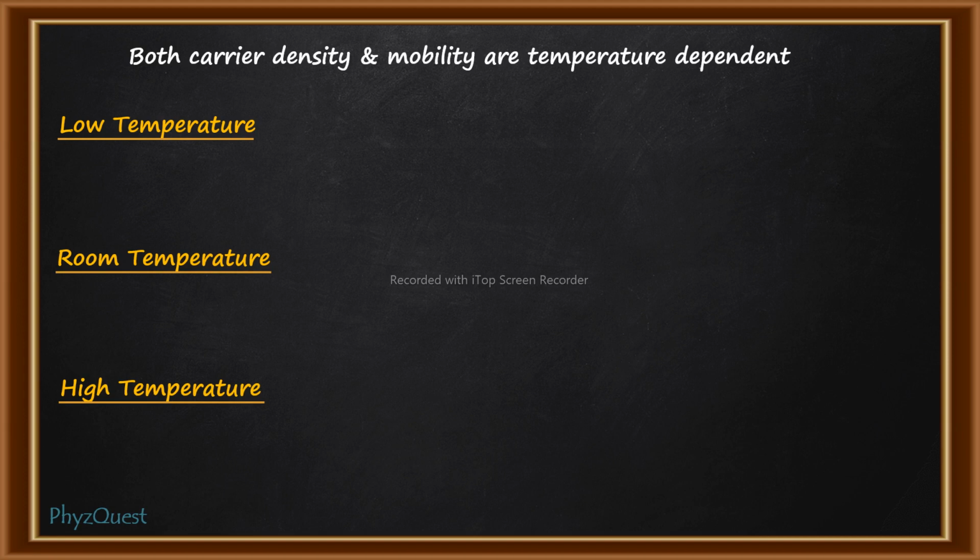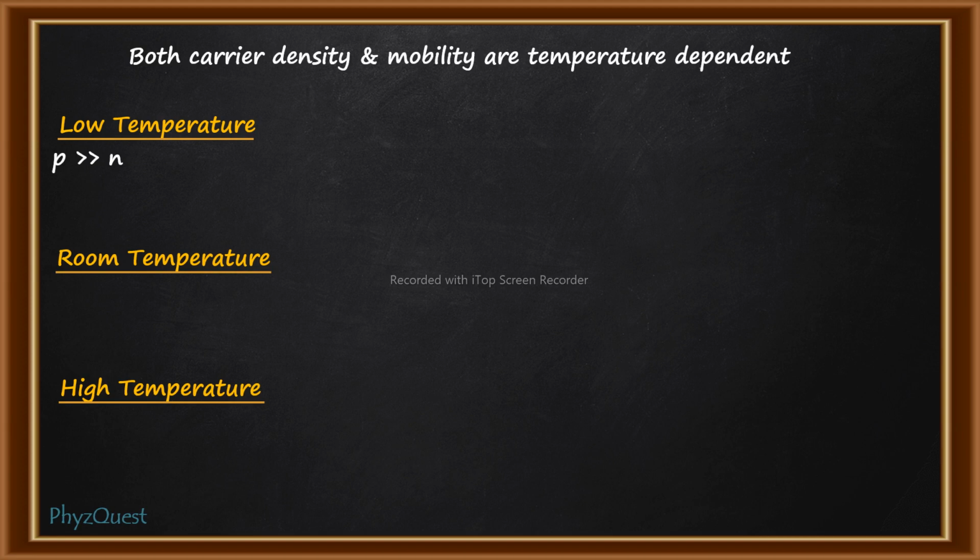First, the low temperature range. At low temperature, due to the unavailability of thermal energy, the presence of intrinsic charge carriers is negligible. So whatever charge carriers are available are the extrinsic charge carriers, and those are holes here in a p-type semiconductor. Therefore at low temperature, P will be much greater than N.